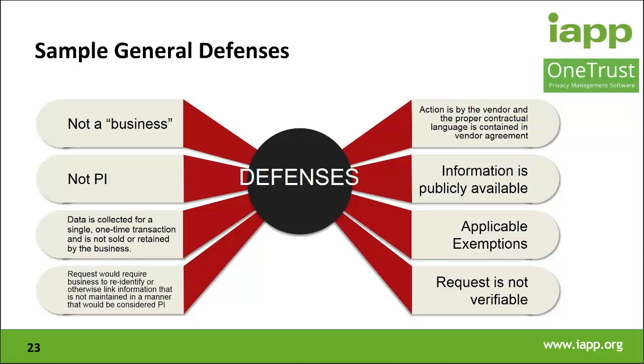Data is collected for a single one-time transaction, or the data would require a business to re-identify information. Another defense is if the information is publicly available and you are using it in a way that's consistent with the way that it was made publicly available by the user. There are applicable exemptions in the statute for things like data that's collected pursuant to GLBA, but keep in mind a lot of those exemptions have loopholes in them, so you need to really look closely. For a website for a financial institution, they might be collecting cookies for non-customers, and you're outside of GLBA at that point. So just really look closely at those exemptions, but you might have abilities to assert a defense there, or you can't respond to the request because you don't have enough information